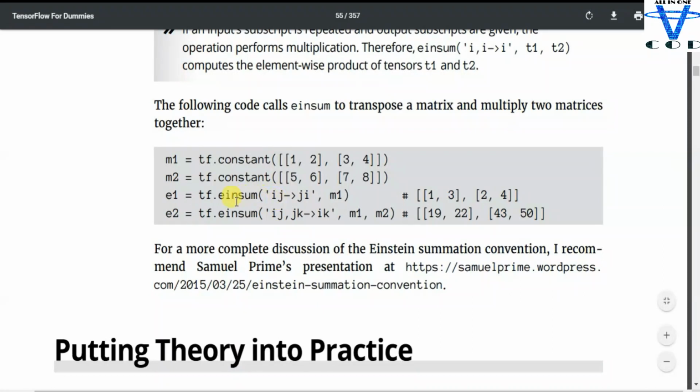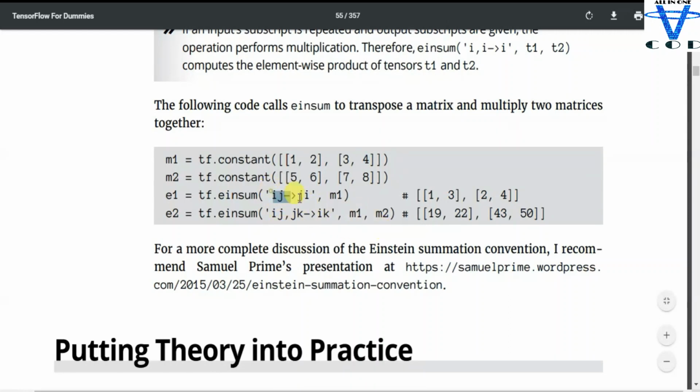So einsum is ij into ji, and the pass is m1. So the answer is 1 3 2 4. Okay, so first list first element and second list first element, first list second element, and second list second element.